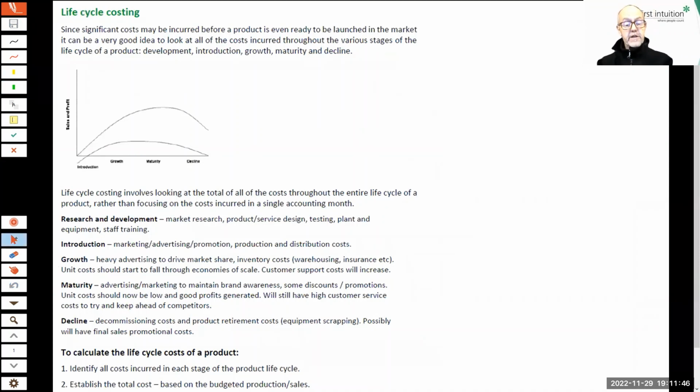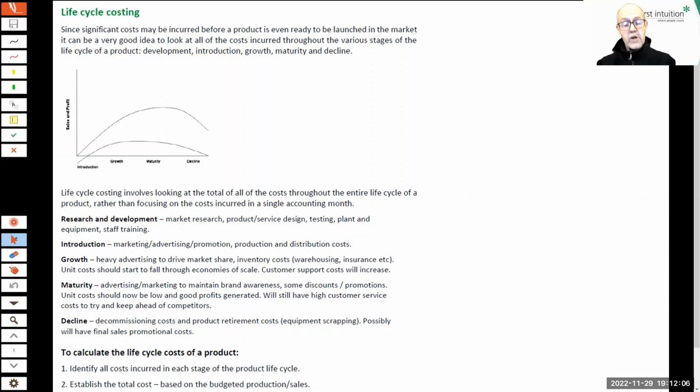We tend to think of costing as being relevant to the product going through the line today. What overheads are we using today? What materials are we using today? What labor costs are we incurring today? And that's the cost of our product today. But in many cases nowadays,